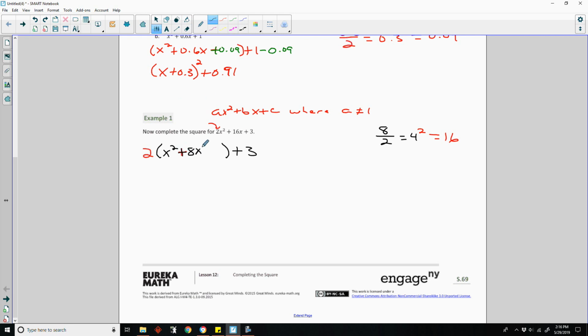Plus 8x. And I'm going to put 4 plus 4 squared in here. I'm using this here instead of the 16 because 4 squared is 16. I could put 16 here, but I'm just showing you something. So since I added 2 times 4 squared, as you can see, if I distribute this, that's really 16 times 2. So I have to